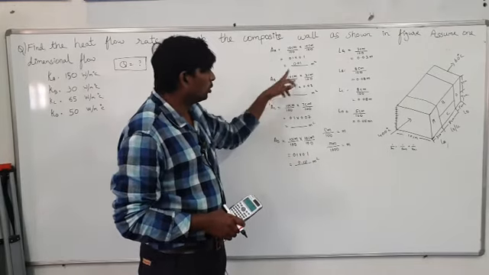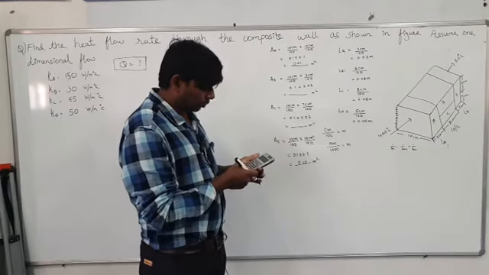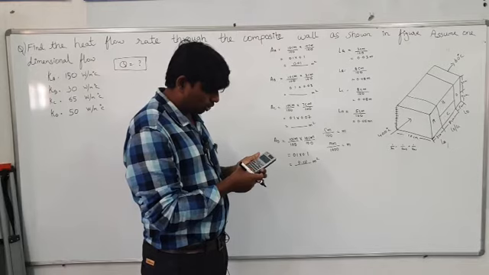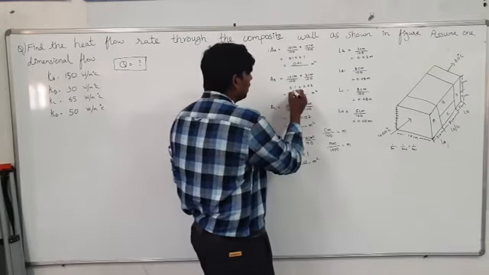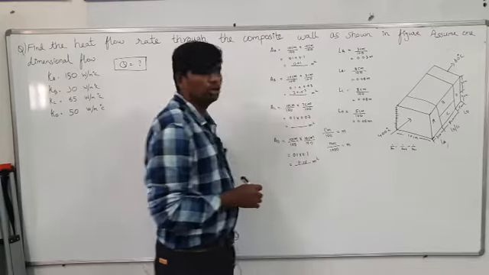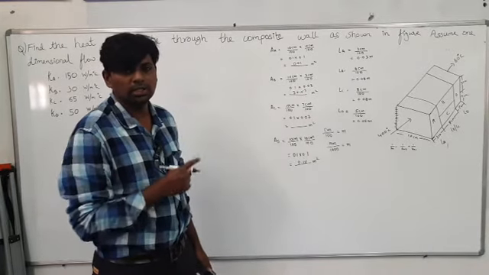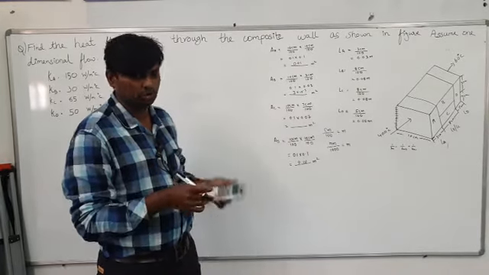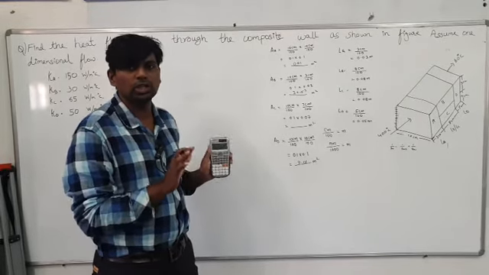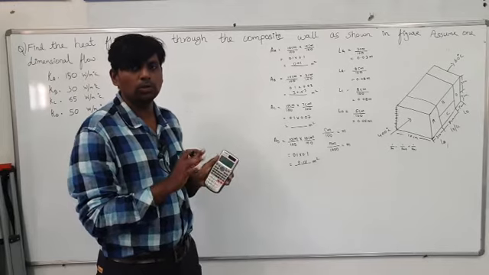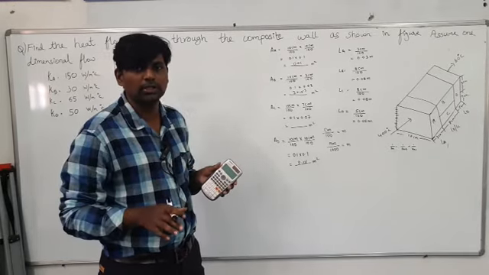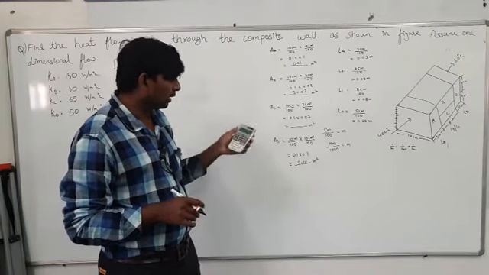So how much did we get? 0.01. Next I have to find out 0.1 into 0.03. So how much do I get as the answer? 3 into 10 to the power of minus 3. With the help of a calculator only you have to solve this numerical value. Even if you are perfect in numericals, try to use the calculator. Okay? If you are overconfident, you will lose some marks, by mistake you will put something and the whole answer will be wrong. So better to use the calculator.